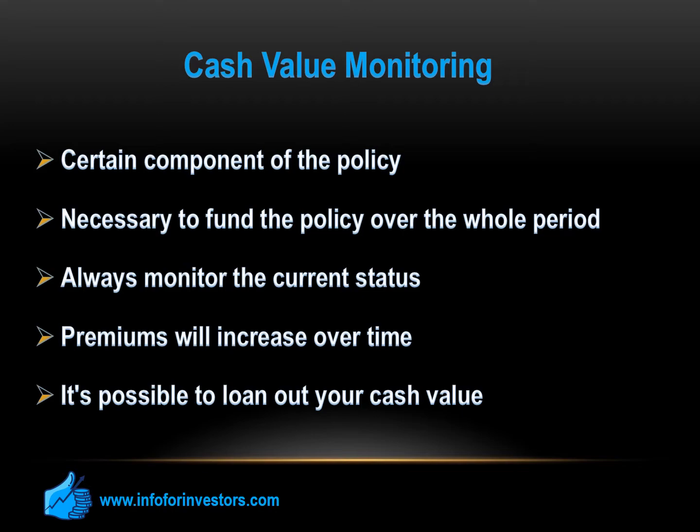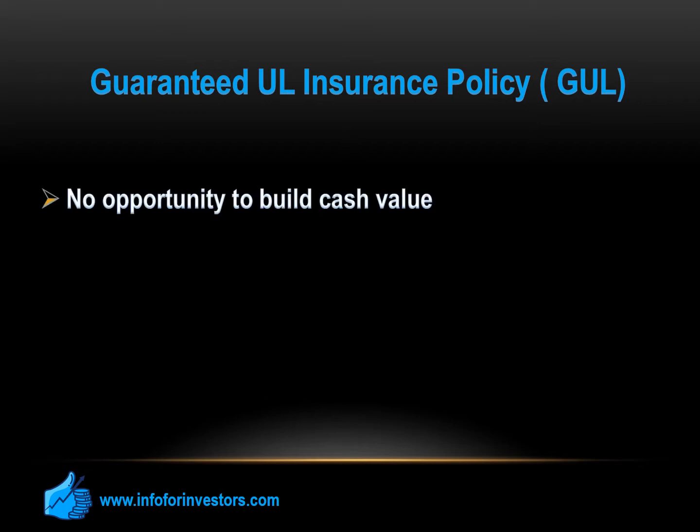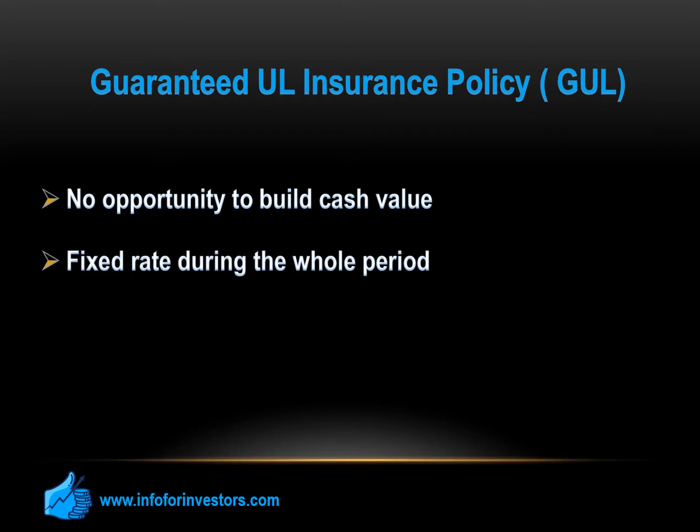Another thing you can do is to secure a term or guaranteed UL insurance policy, GUL. The latter is very appropriate since it offers coverage until age 90, 95, and even beyond. Oftentimes, customers outlive their term life policy. Keep in mind that this type of policy does not offer the opportunity to build cash value, which is a drawback. Just like term insurance, GUL gives customers a fixed rate during the whole period. The longer the period, the more chances of a death benefit. This, of course, will be on account of higher costs.